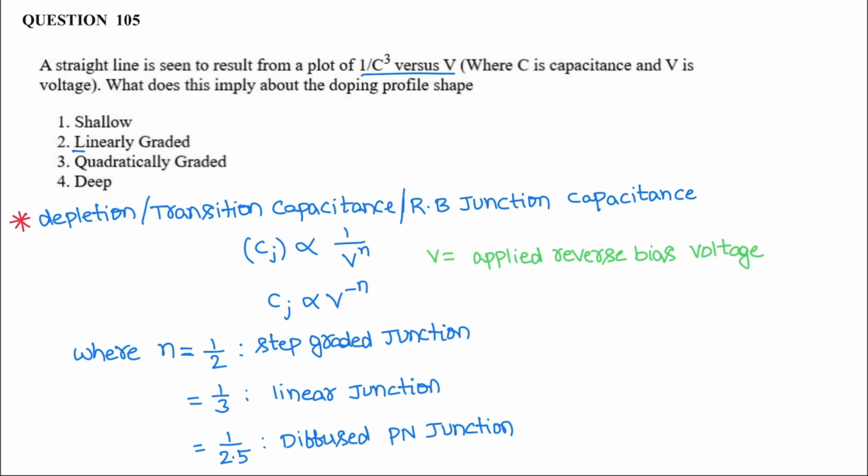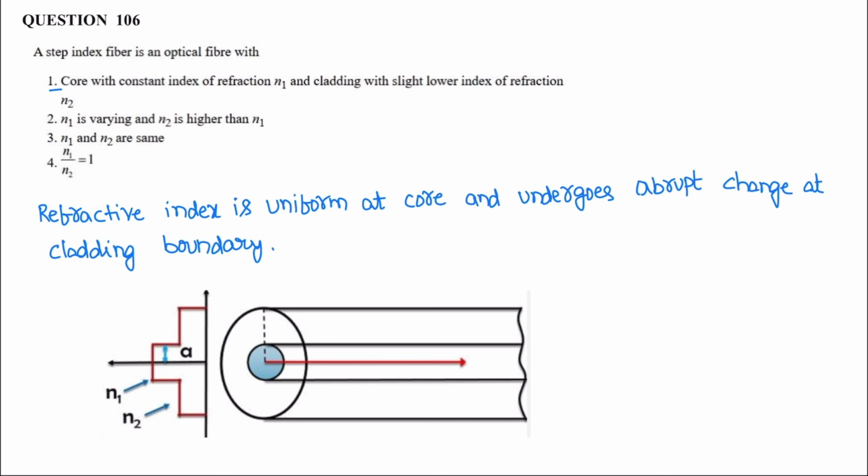That is, it is a linear graded junction. Option 2 is the correct answer. Question number 106. A step index fiber in an optical fiber with,